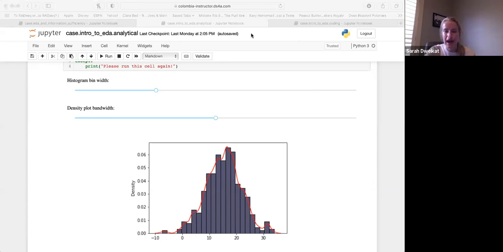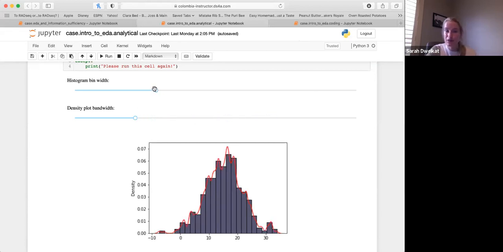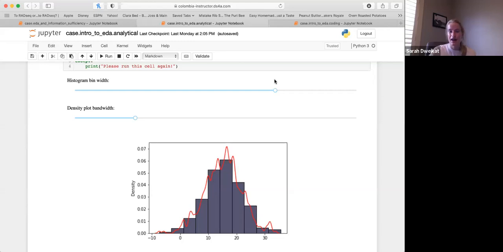If you're having trouble with the app, that's okay. You can look here for now, and we won't spend a huge amount of time. It's just to say that as you increase your bandwidth, you're going to smooth out your plot. And as you increase your histogram bin width, each bin gets bigger, and you're actually going to end up doing the opposite. So play with this in terms of making your data more spiky, less spiky, getting an overall trend. Hopefully that makes sense, knowing what you know about histograms in terms of making the bins bigger or smaller.